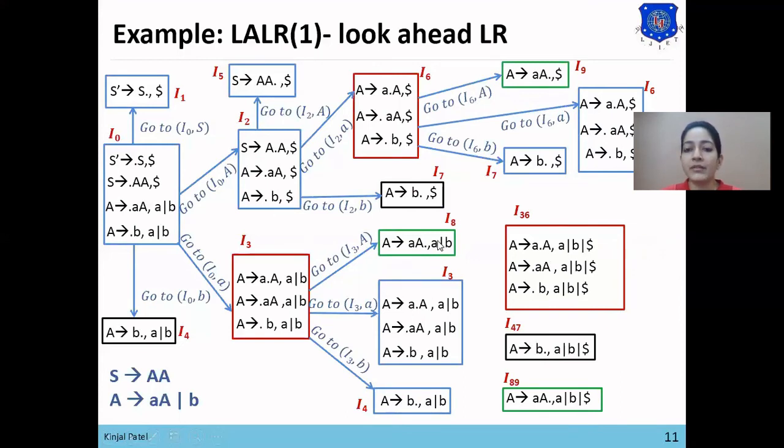Now we have combined I8 with I9, so I9 has been removed from the item set. So the item sets of LALR are I0, I1, I2, then I36, I47, then I5, then I89.